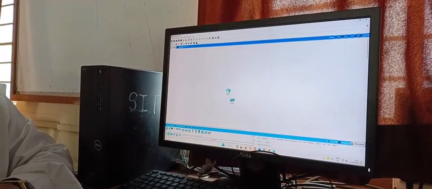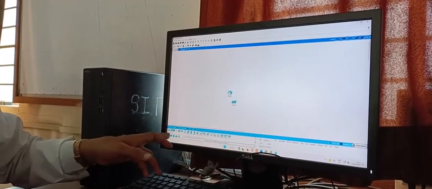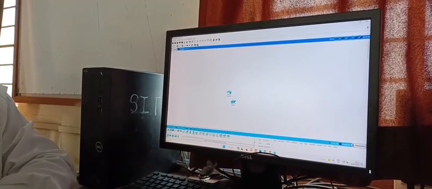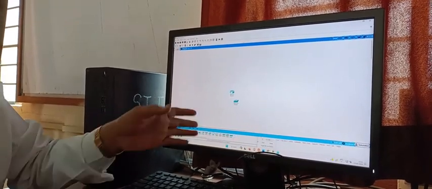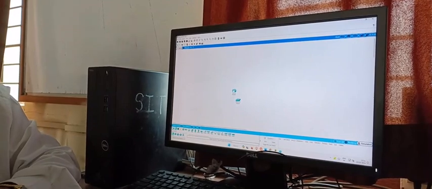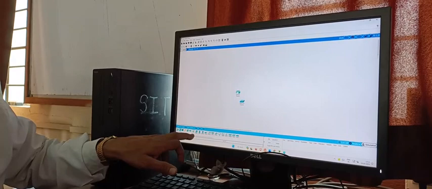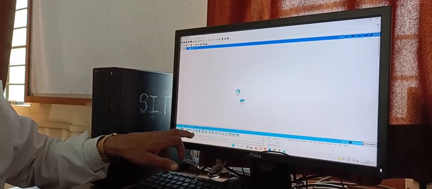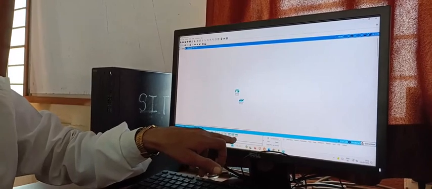Okay. Now next one is the end devices. Whenever I am clicking on this end device, it shows the end devices which are used to connect to the network. First I am considering this end device. Under that, it is showing PC, laptop, server, up to wireless devices.